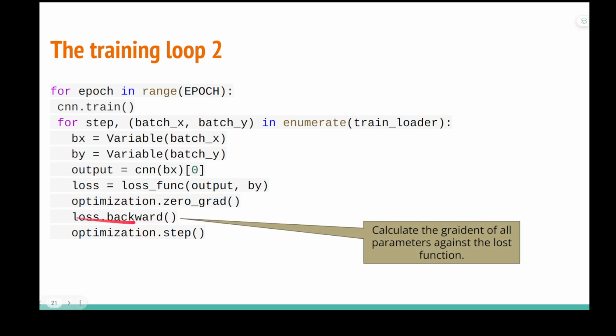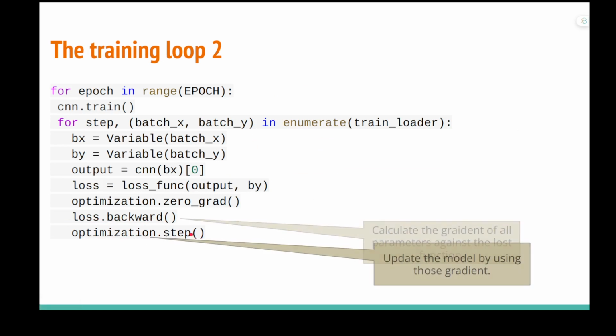After we calculate the loss, we can call the step function here. The step function will update the model by using the gradients calculated in the previous step.